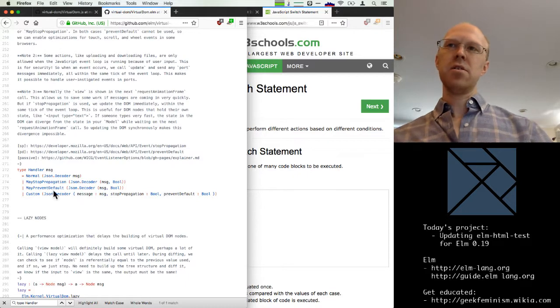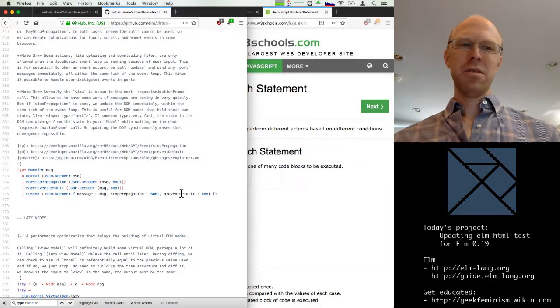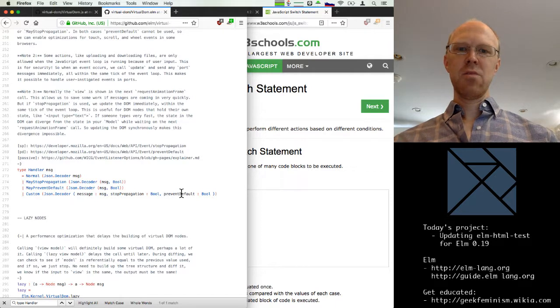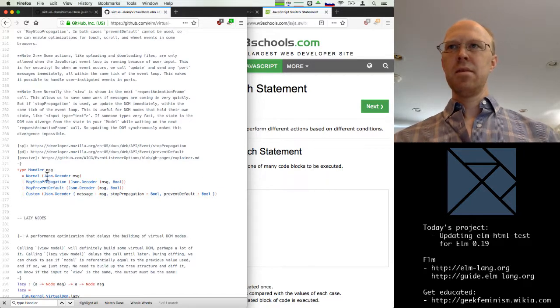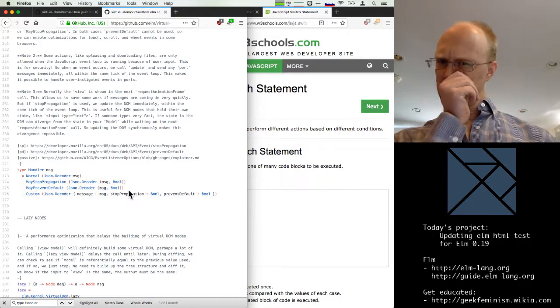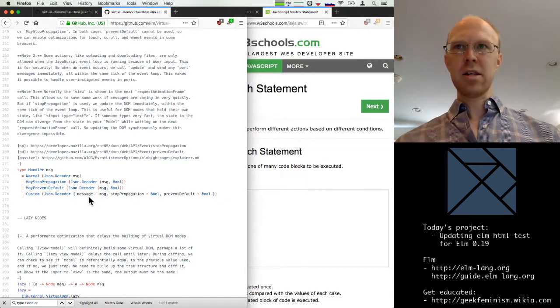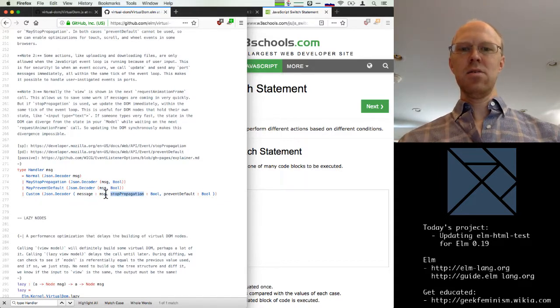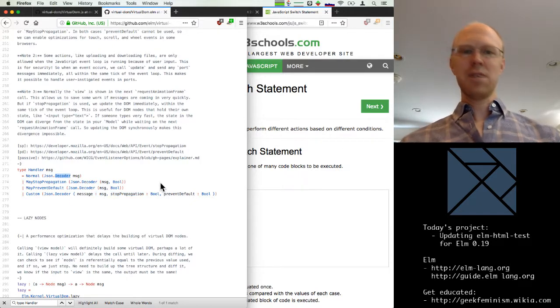So I think we want to do that direction of turning all of these decoders into this most custom decoder. And we don't really have test coverage for that now because there's no public API for checking the options in elm-html-test. But I think it's worth doing this anyway, and I don't think it should be that hard. Actually, it's going to be no less hard than converting all the decoders the other direction anyway.